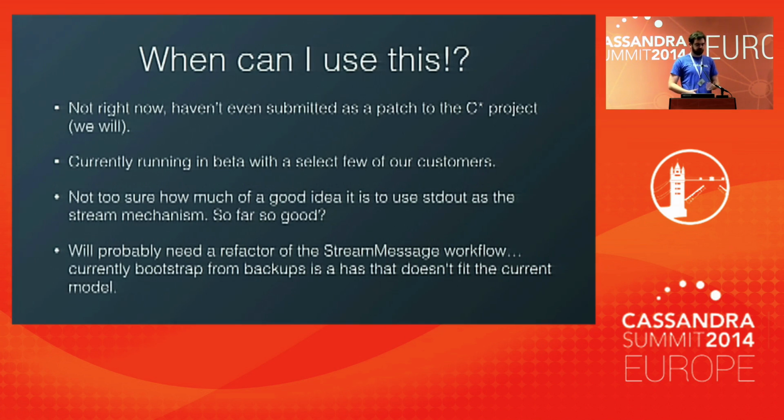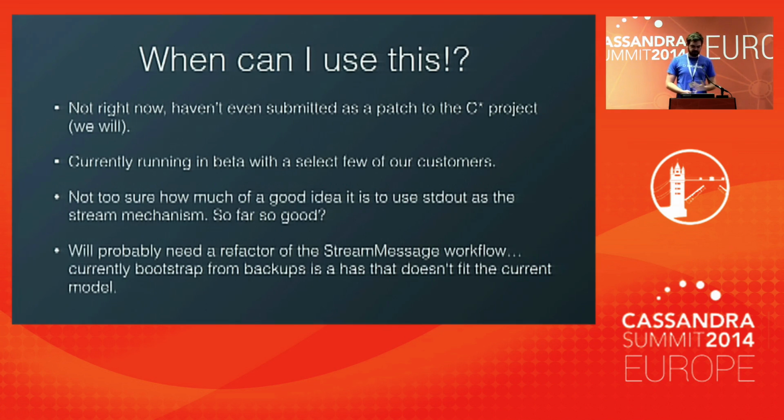We're still not 100% sure whether stdout is actually the best streaming mechanism. You've obviously got a bit of overhead with inter-process communication, depending on which JDK you use and which underlying OS. Forking within Java can get a little bit hairy. So far it's been pretty good for us, but there might be a more graceful way to do it. Maybe a plugin architecture where you can just drop a jar into the library folder for Cassandra